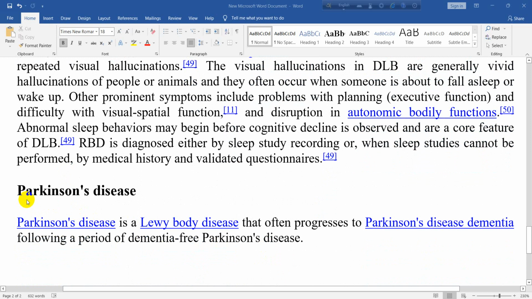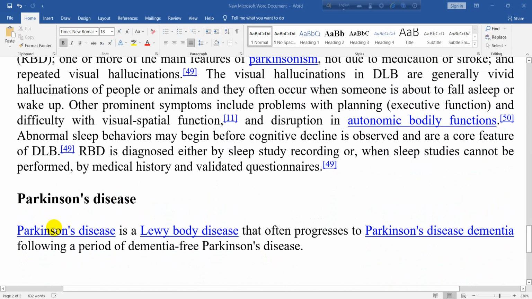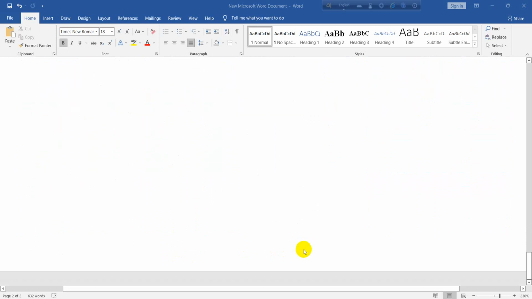Now, Parkinson's disease is another subtype of dementia. We are going to talk about Parkinson's disease. Parkinson's disease is a Lewy body disease that often progresses to Parkinson's disease dementia following a period of dementia-free Parkinson's disease. So this is the end of our